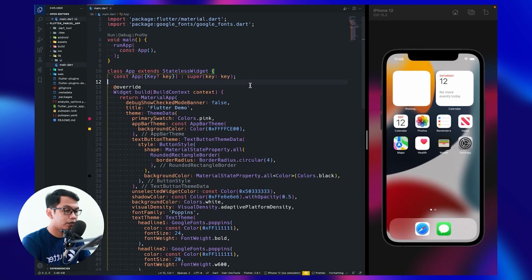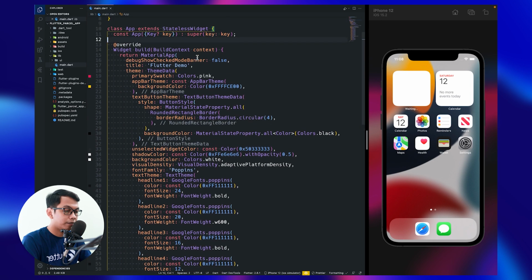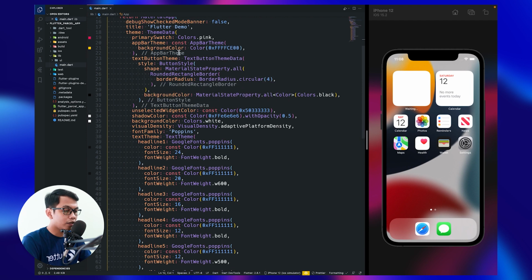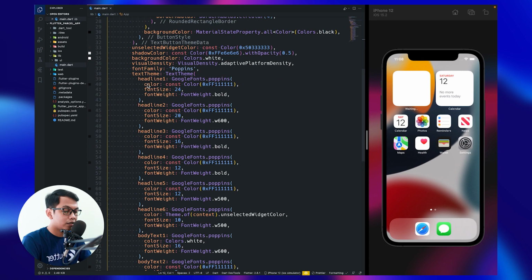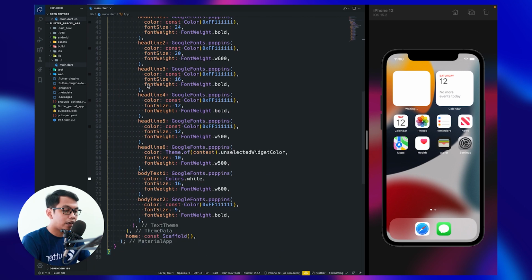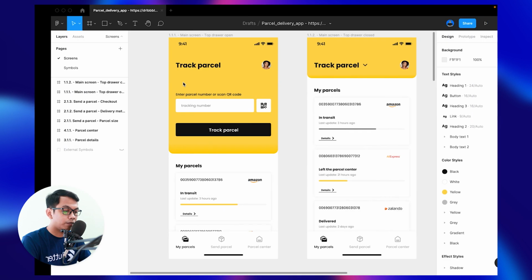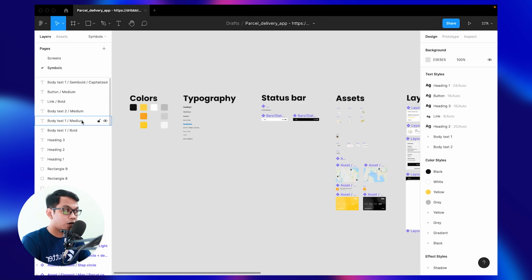Alright, so inside main.dart I have imported Google Fonts, and for our material app I have prepared a theme, which is color, and then text styling, which is headline 1, 2, and so on, translated from our Figma.